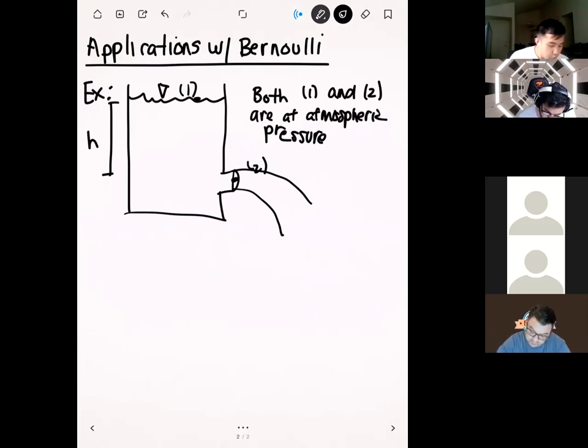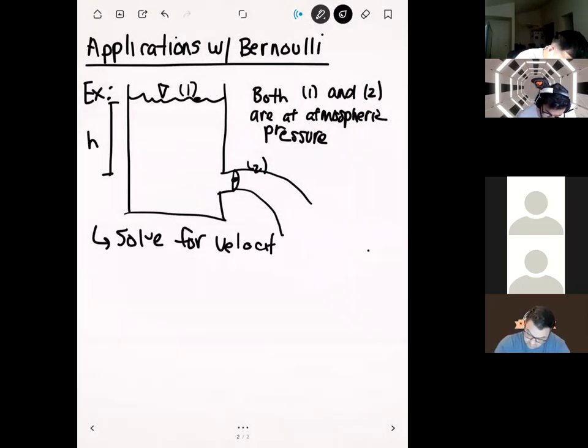What we want to do is solve for the velocity of the jet at point 2. The way we can do this is by using Bernoulli. Oh, one more thing. Let's assume